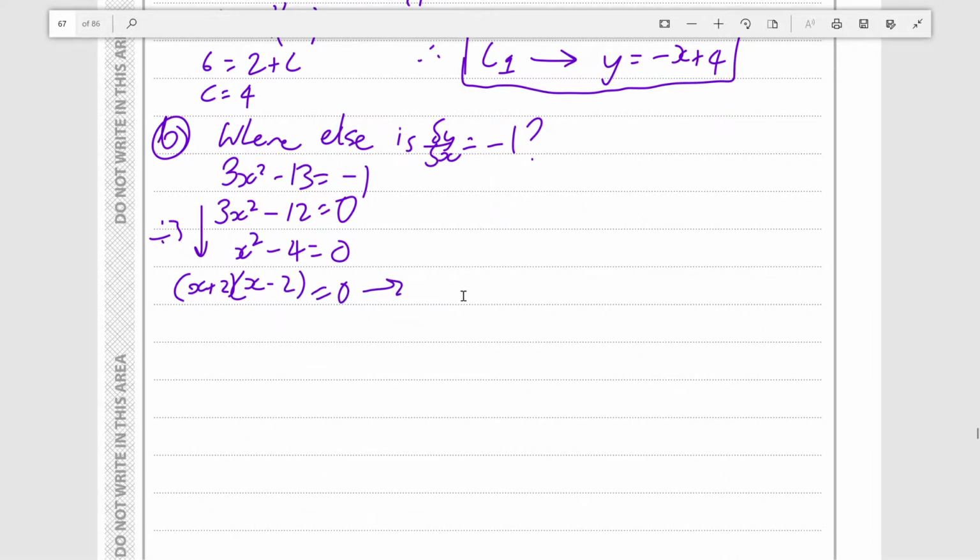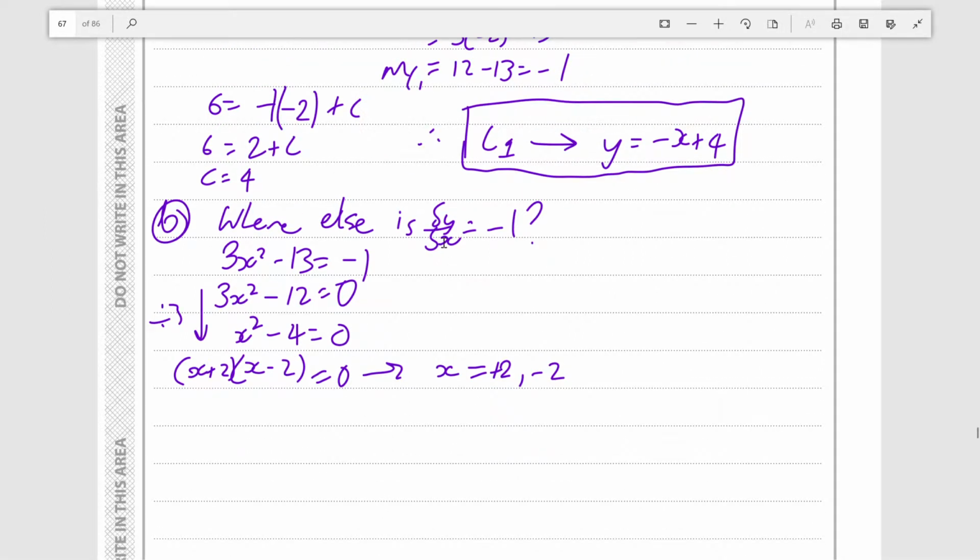And therefore, x can be positive 2 or minus 2 for dy over dx to be equal to -1. So the other x-coordinate